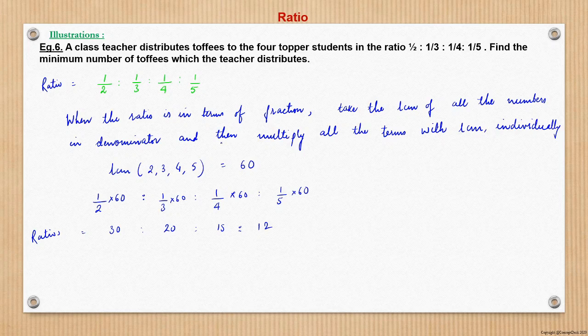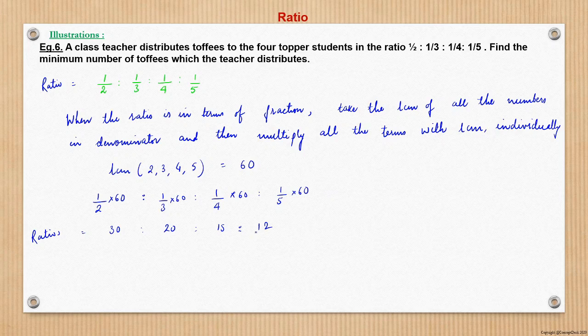We can even take, here it comes 60. We can take 120 also. We can multiply by 120 also. That also we will get the result. Every term will be just twice the 60, 40, 30, 24. 2 will be common. We take out 2 and then the answer will be 30, 20, 15, 12. Right, after obtaining the LCM, we will multiply each of the terms independently, 1 by 2 into 60, 1 by 3 into 60, 1 by 4 into 60, 1 by 5 into 60 to obtain the